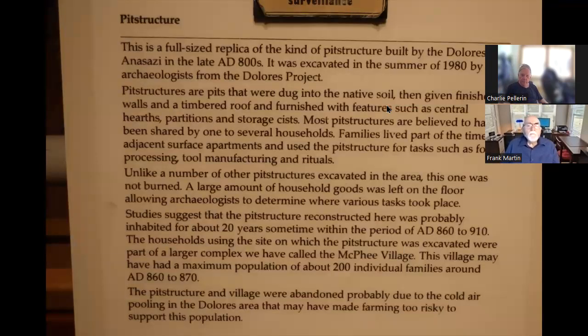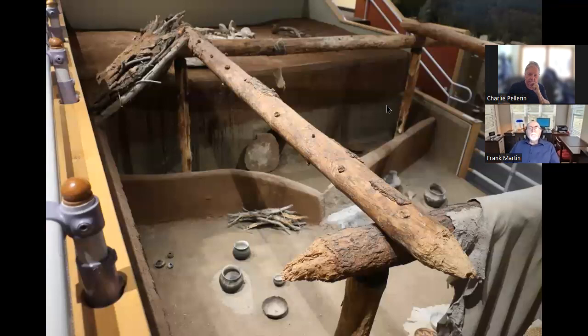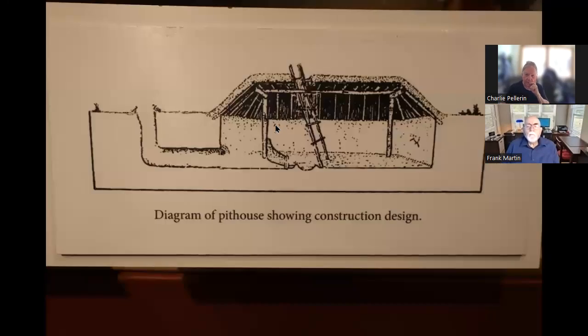This is kind of interesting. This is what a house looked like in the year 800. And they reconstructed this, and you kind of had this area with a covering for the sun. This is the vent, had a fire inside, sort of like a kiva, but it wasn't a religious thing. You came in through the roof just like a kiva, it had a fire in here. So you sort of climbed through the smoke in the wintertime. And this was a hole in the ground, which was thermally